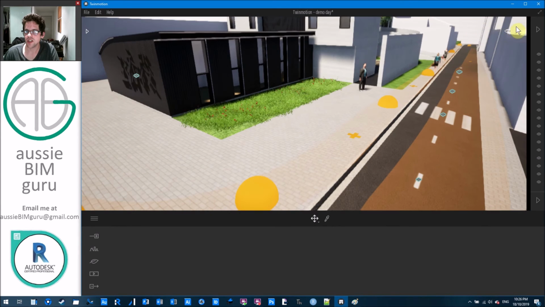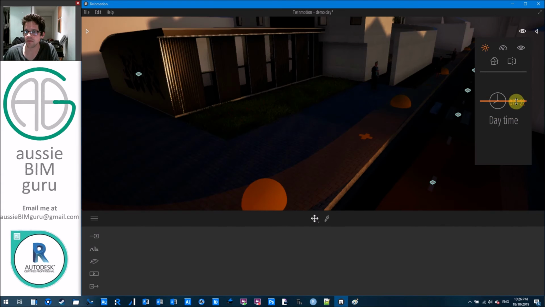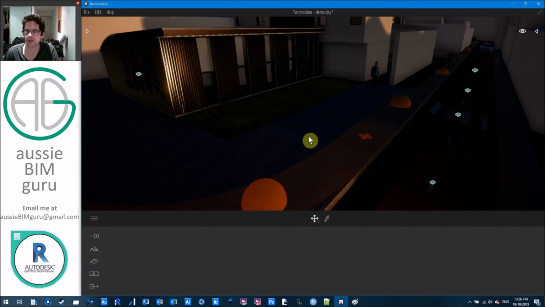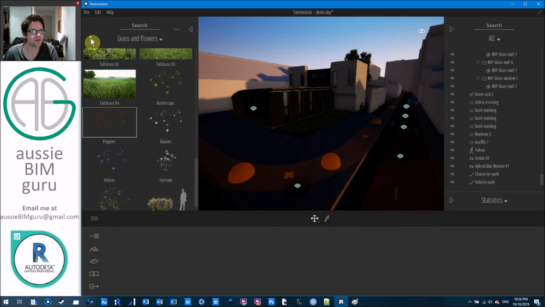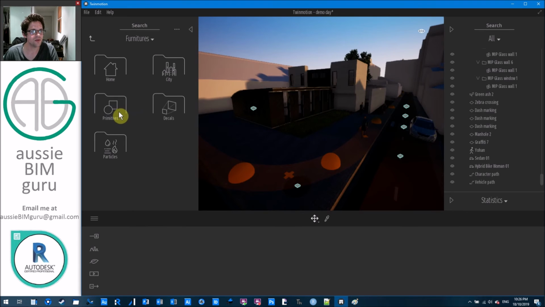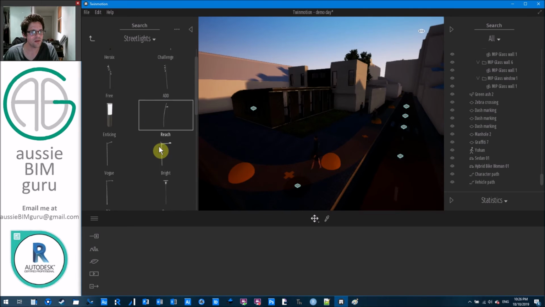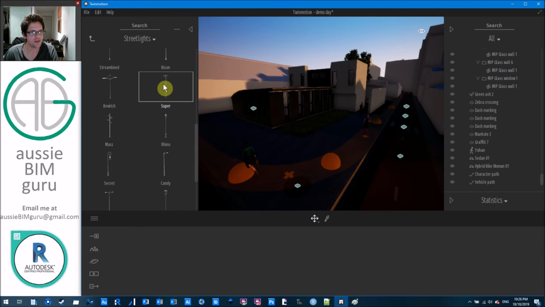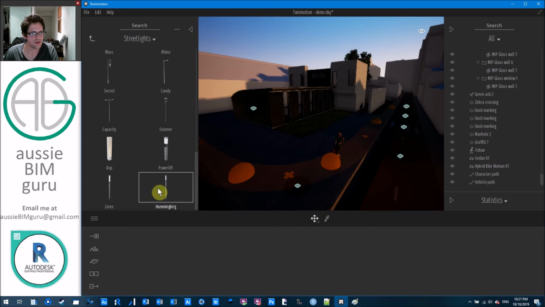Probably an additional thing I'll add is just lights. So what I'm going to do is just change my time of day. I'm going to go a little bit later at night, maybe I'll just go to 6 o'clock. So let's add some light to our scene. So let's add some street lights first, and then we'll add some actual lights. So I'm just going to go to Furniture, City, Street Lights, and these elements by default should have lights nested within them. So I'll just add some,